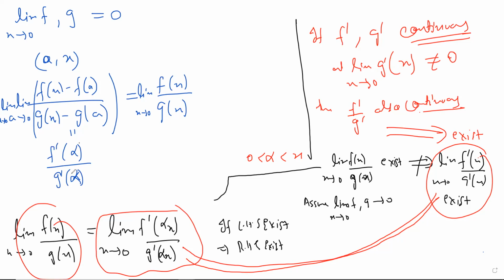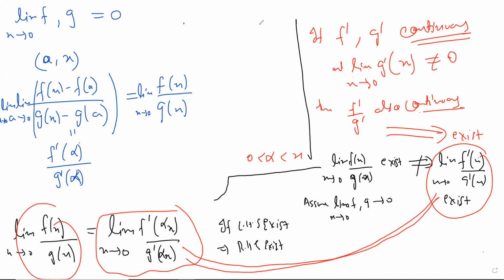But I was just saying that, look, if you are trying to calculate the limit at 0, then the value of the function at 0 does not really matter. Does it matter? No, right? So you can just simply assume that f of 0 is 0. It could be like f at 0 is not defined. If it is not defined, you just define it to be 0. And if it is defined to be some a,